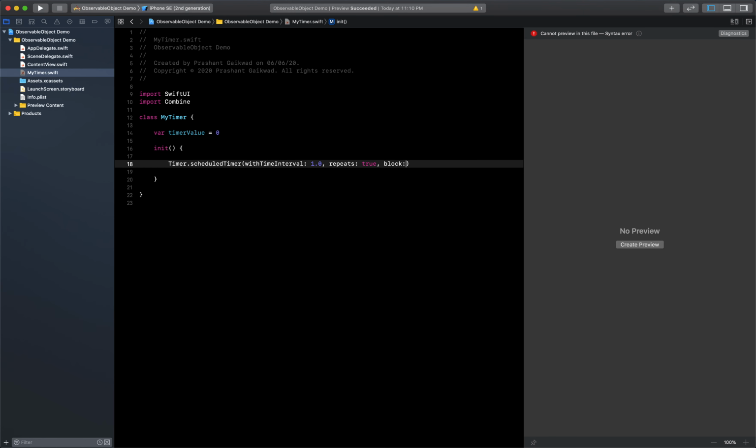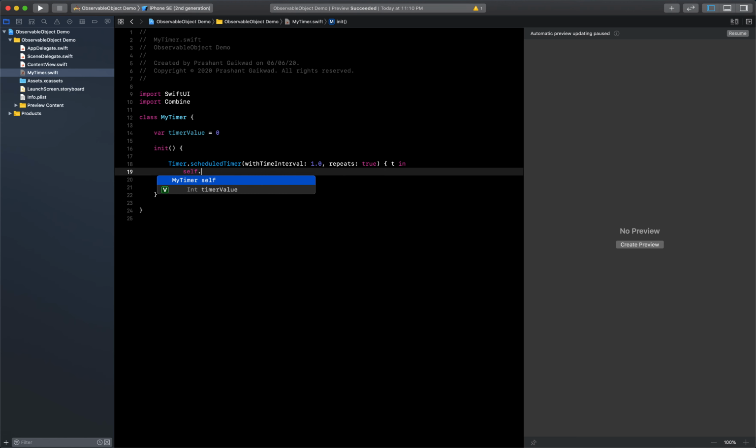And instead of just using this block, I will create a block here, and we will take the value of timer t here. Now what I want is, whenever I get a new value of timer, I want to update this timer value. So I will simply do timerValue += 1. So it will increase my timer by 1 every second.